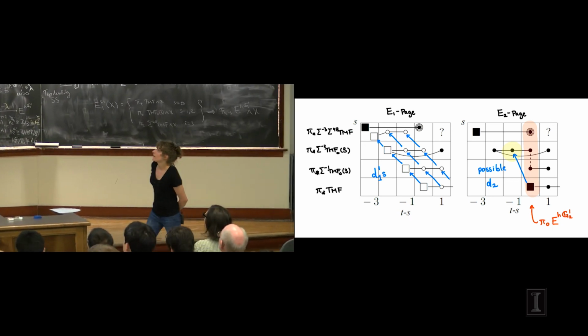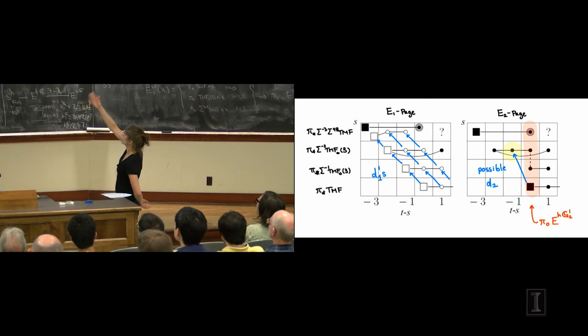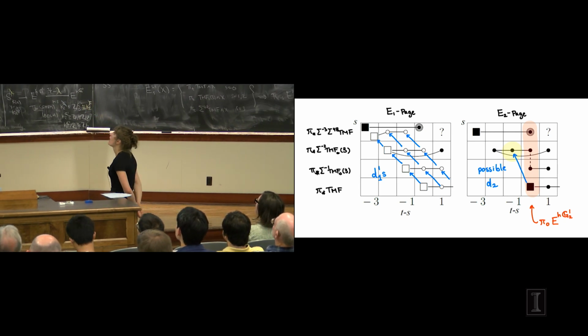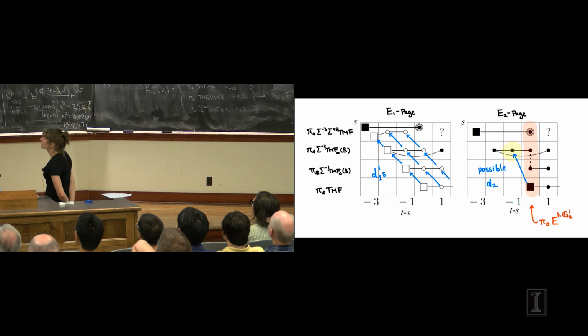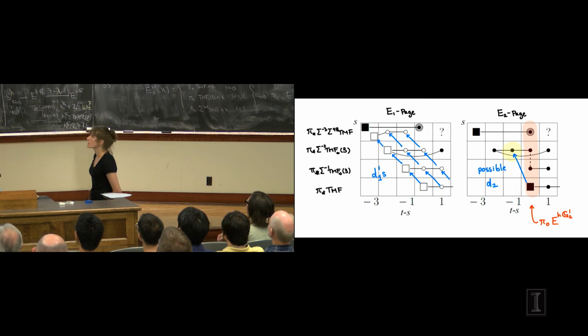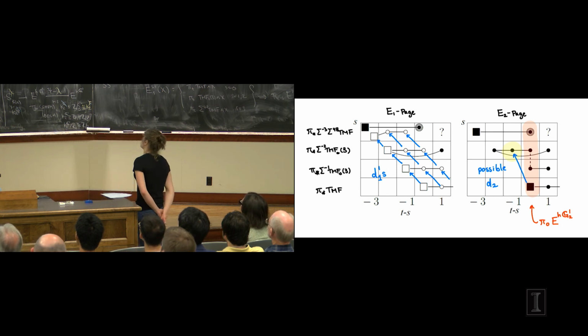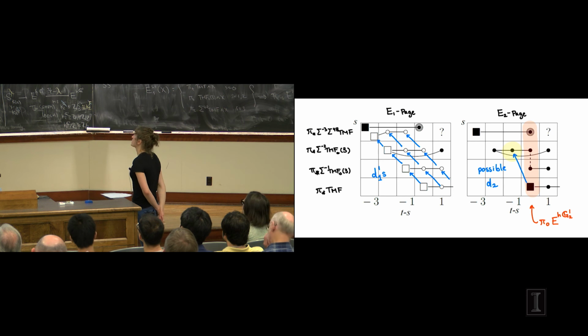So I've drawn it, you know, T minus S grading. So if you want a homotopy group, you look in a column. In the rows, you have the homotopy groups of TMF. So squares are Z's or fat Z's, because TMF has a lot of stuff in it. Dots are Z mod 2s. Dots circled are Z mod 8s. You know, the usual thing. OK? Differentials go in the direction that I've drawn them.